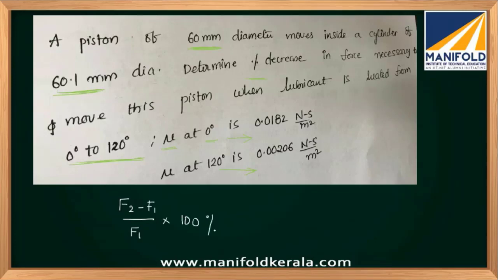This will give you the decrease in force, but there are no forces there. Two different forces should be there, but we don't have any forces. We have only the diameter and viscosity at 0 degrees and 120 degrees. And one more thing, these questions are not previous GATE questions. These are the model questions for all the PSU sectors, including GATE and IES, as well as DRDL and IAS exam and all the state level exams.